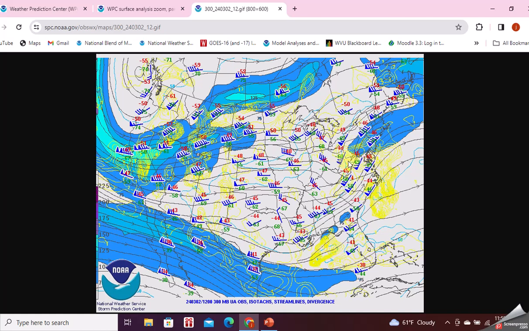So in this map, yellow literally represents divergence. So I have pretty good divergence. That's now up over Pennsylvania, and when we looked back, we saw rain up there. We also had the low pressure. Think about it. Air is a continuous fluid. So it starts all the way down at the ground and moves all the way up through the atmosphere. So if I am pulling the air apart up in the upper atmosphere, something has got to come take its place, so the air below it is going to rise up and take that place.